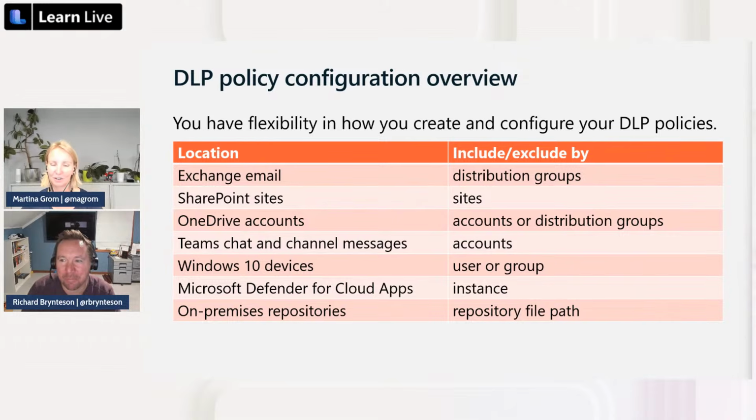So that means you can configure that, put in your regex. Then you can say, okay, what location I need to include or exclude. Should it cover Exchange email or distribution groups or SharePoint sites or whatever you want. And also what you see here, we have Teams chat included and channel messages, but you can also look at your Windows 10 or Windows 11 devices or at specific groups and apps in here.